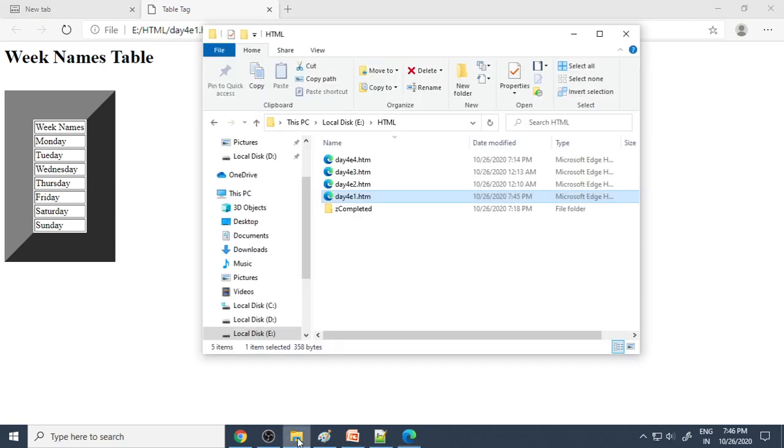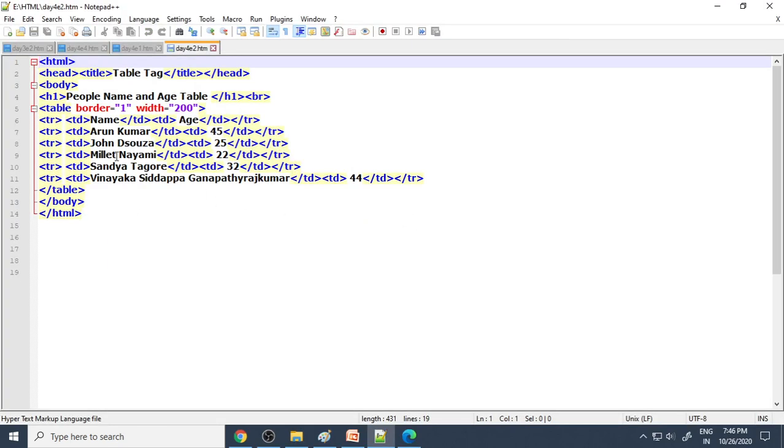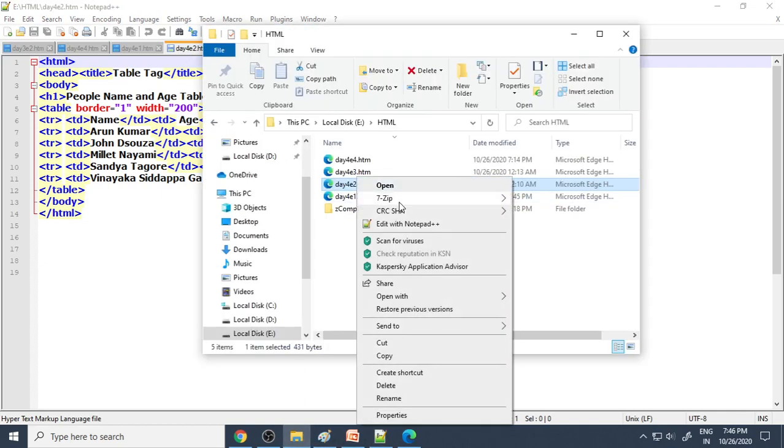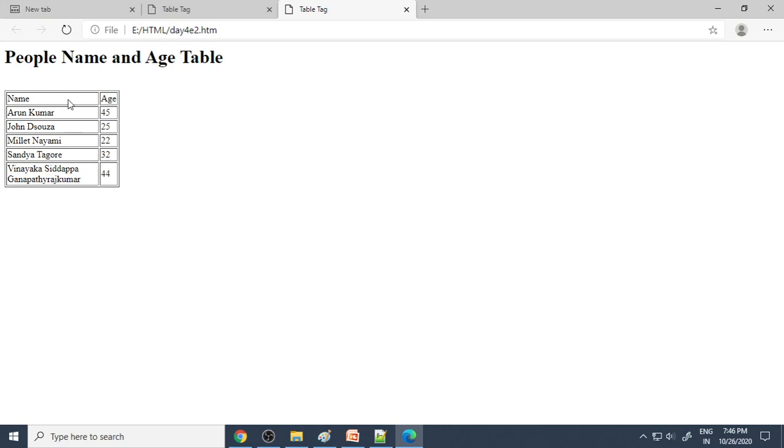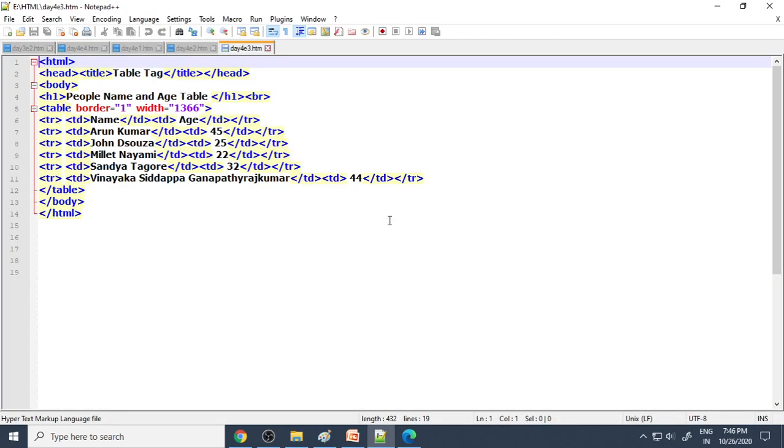We'll see the second file, that is two columns. This is the first column, this is the second column, right? If I execute this, right click, open, you can see the first column and second column. Next one, E3. Here we see 1366. I'll just change it to 600.